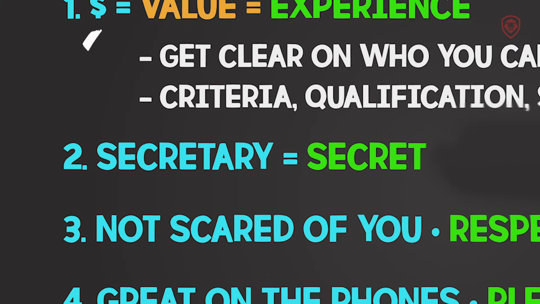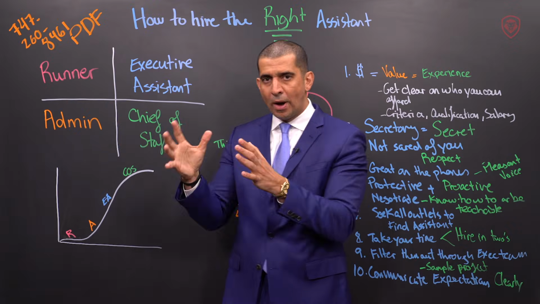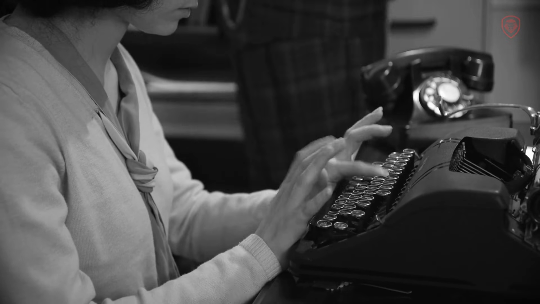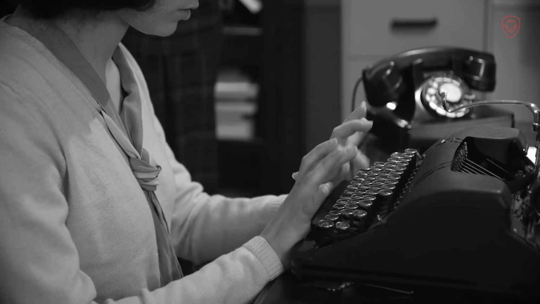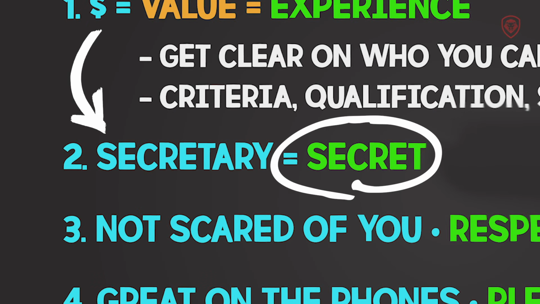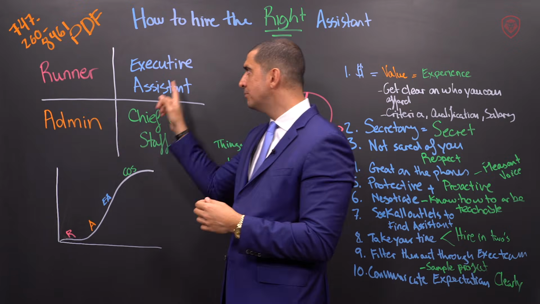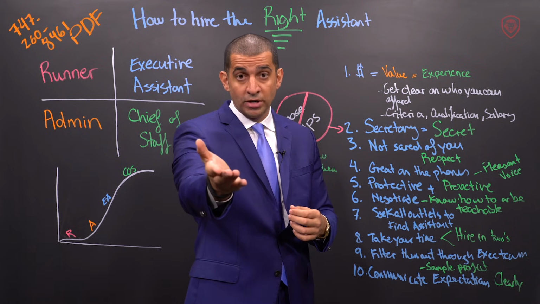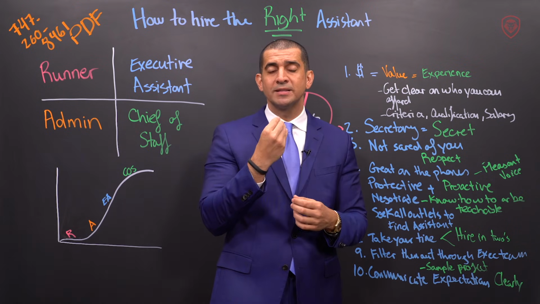Number 2, secretary. To me, when I hire somebody, every one of these, in a way, is in the category of a secretary. Now, obviously, some people don't like to be called secretary because it's old. But the thing I like about the word secretary is the first 5 or 6 letters: secret. Your job as a runner, admin, executive assistant, or chief of staff, I would have my executive assistant or admin watch this video to know what the expectation is.